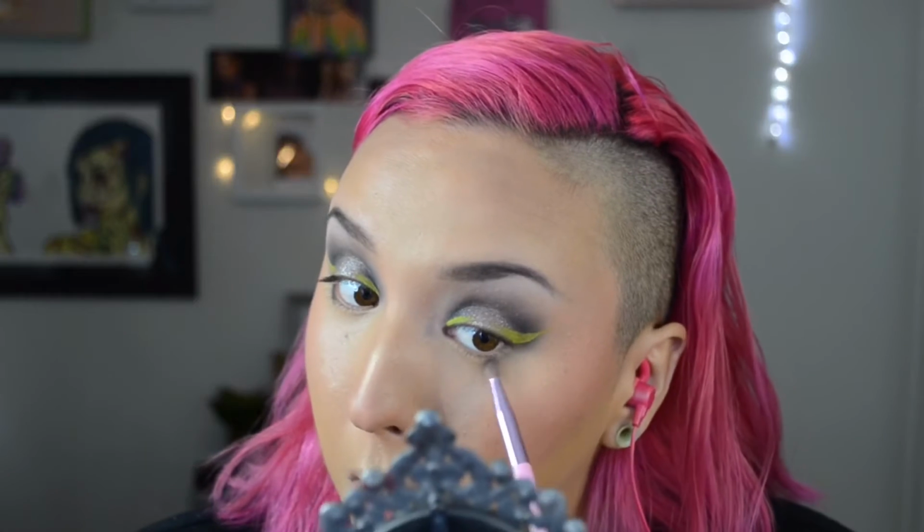I'm just going to take that Tombstone shade, which is the second darkest gray. I'm going to run that on the outer corner just a little bit, like that's it. And then I'm going to take another brush and I'm going to take Shrunken Head, which is the lightest gray, and run that